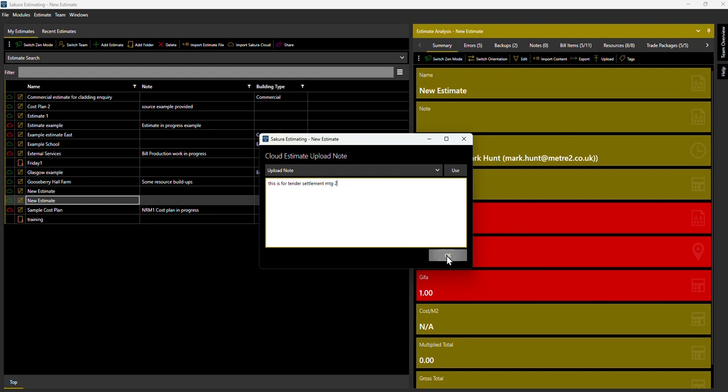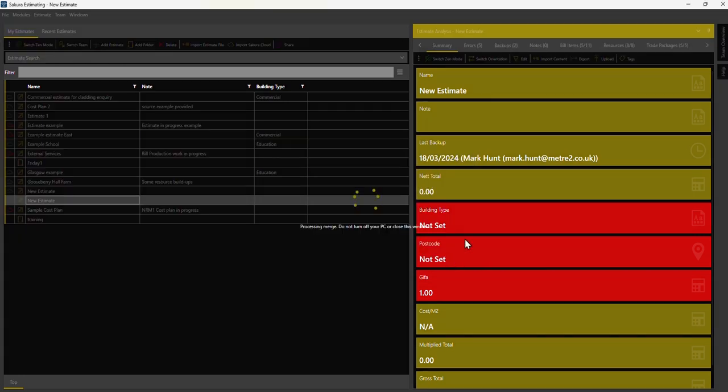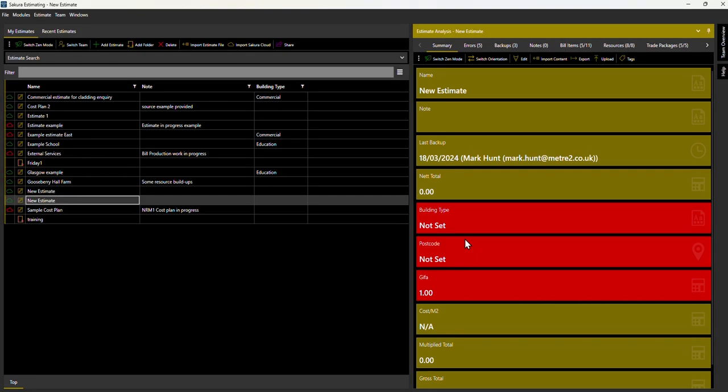Once we've made our note, we put the estimate up into the cloud, but what we now have is, once more, another iteration of the job. We don't overwrite these uploads, we keep them as separate iterations, which gives us the opportunity to compare and contrast. So there are various functions and reports within the software where we can compare the content of a previous upload to the cloud with the current job locally on our machine, or indeed another cloud